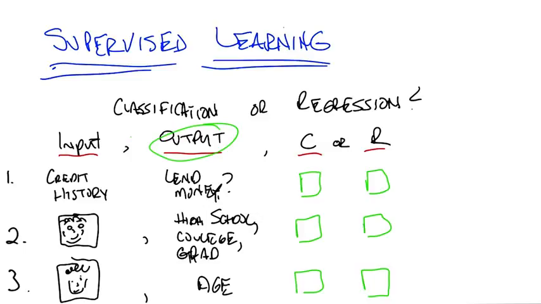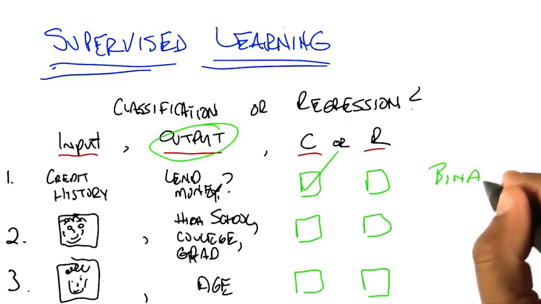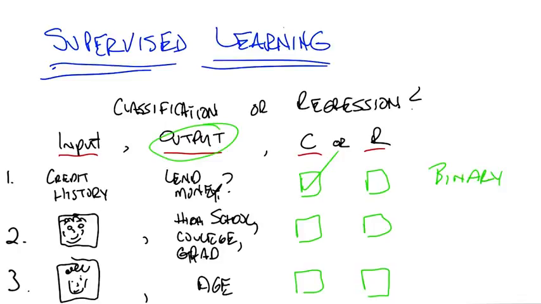So with that in mind, what do you think is the answer to the first one, Michael? So lend money. If it was something like predicting a credit score, that seems like a more continuous quantity. But this is just a yes-no, so that's a discrete class, so I'm going to go with classification. That is correct. It is classification, and the short answer is because it's a binary task. True, false, yes, no, lend money or don't lend money. Got it. So it's a simple classification task.